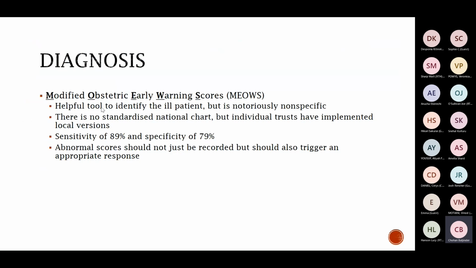So I think this adds to a lot of confusion, especially when we move around from unit to unit. Different places seem to record it differently and you might interpret things differently. And actually the sensitivity and the specificity isn't particularly great, but I think we've discussed that already, because sepsis is not as clear cut as in someone who's not pregnant, because of the physiological changes that we see in pregnancy.